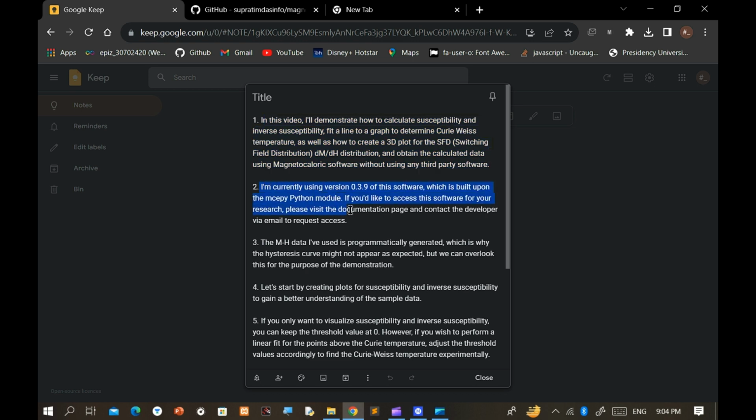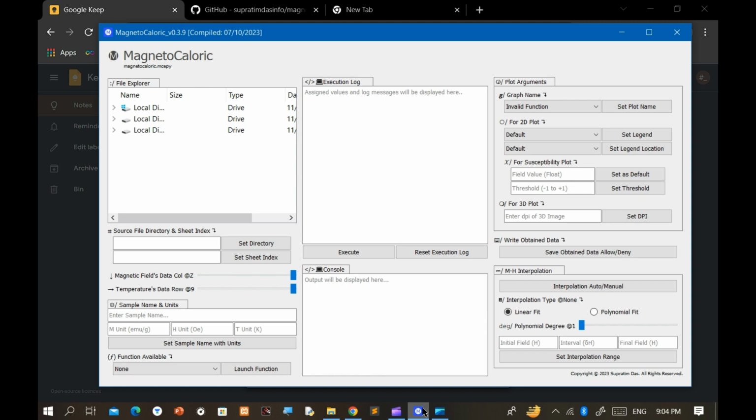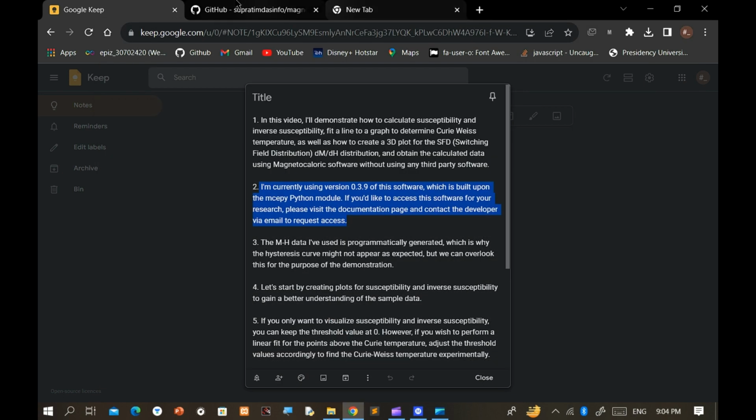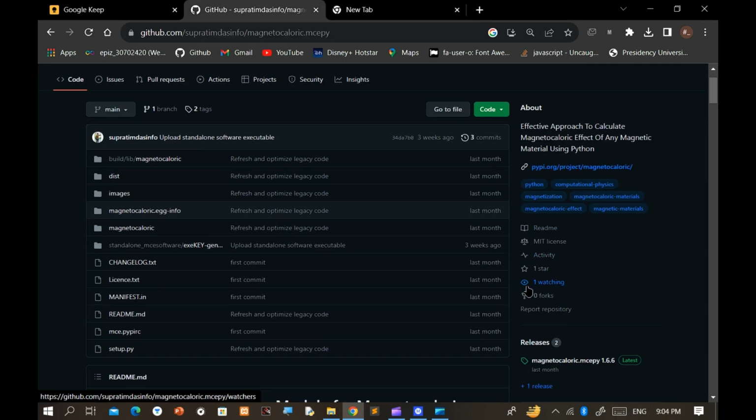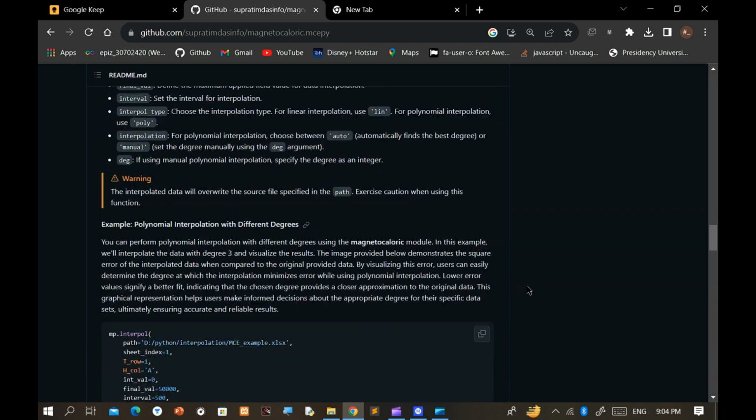I'm currently using version 0.3.9 of this software, which is built upon the mcepy Python module. If you'd like to access this software for your research, please visit the documentation page and contact the developer via